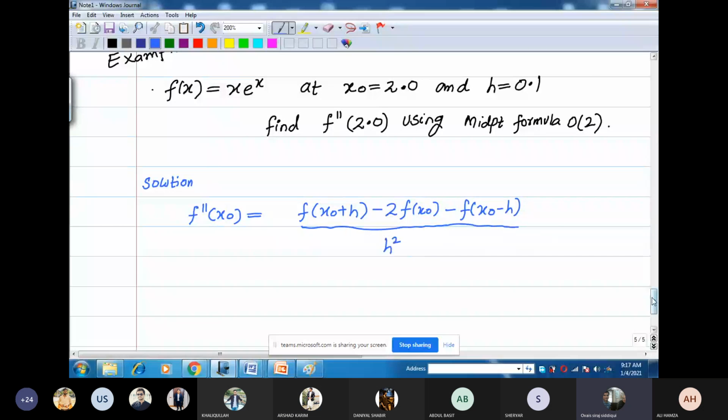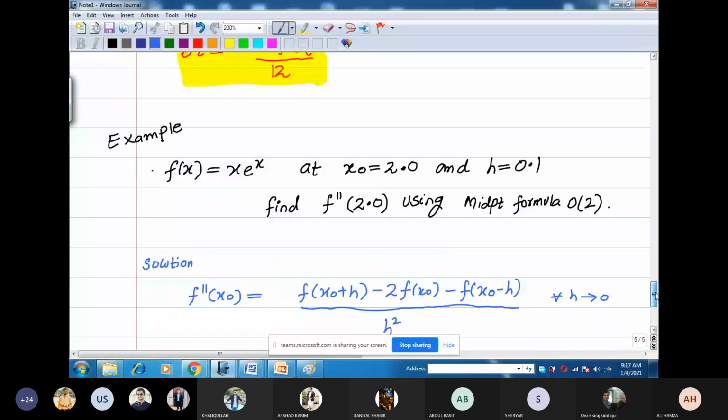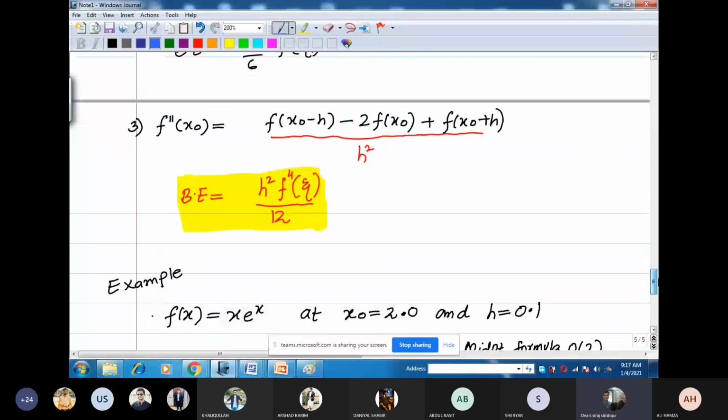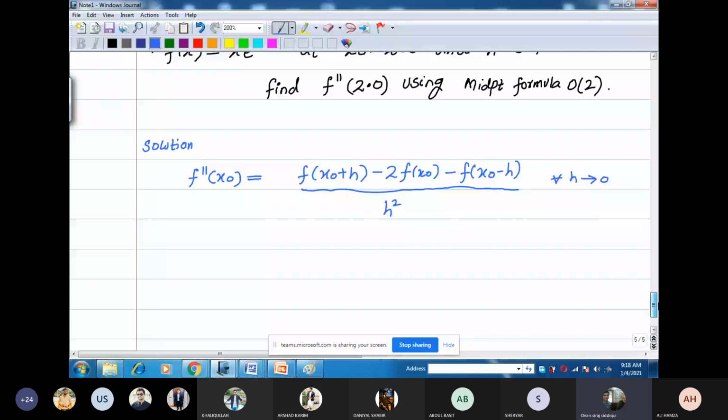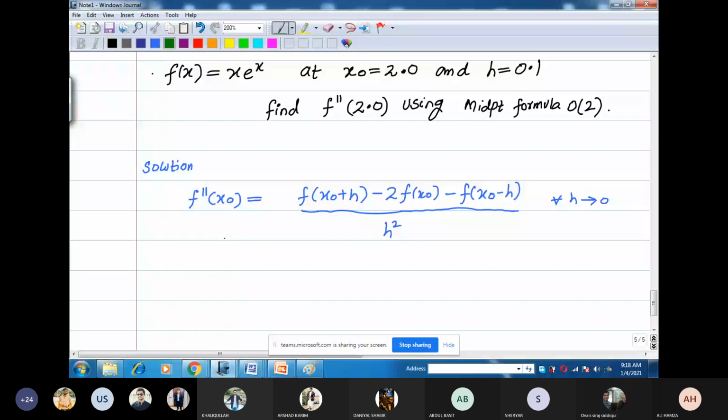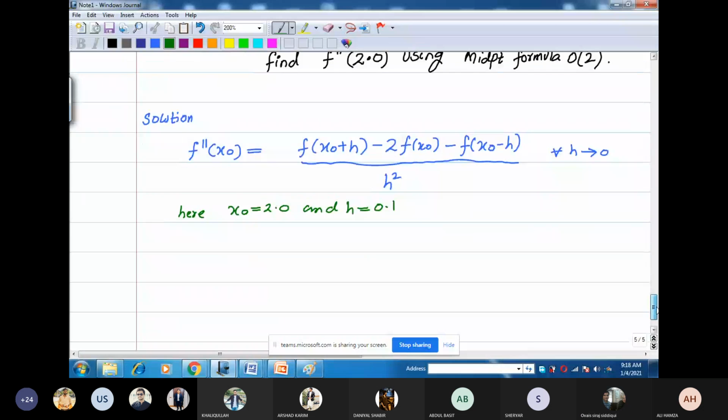This is actually the formulation. Okay. Now in this data we have x naught as 2.0 and step size 0.1. Therefore